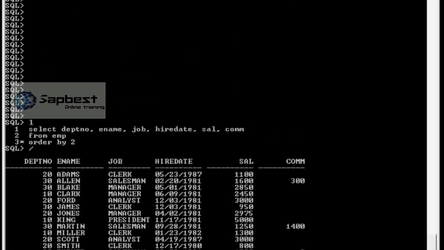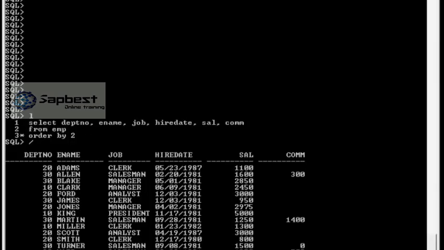So far, all of our output has just been splashed to the screen. I'd like to keep a hard copy of all the stuff that's been going on, so we can issue the spool statement to do that. It's kind of like the tee command in Unix and Linux, where it goes both to the screen and to a file. So if I say spool output.txt, and then I issue some